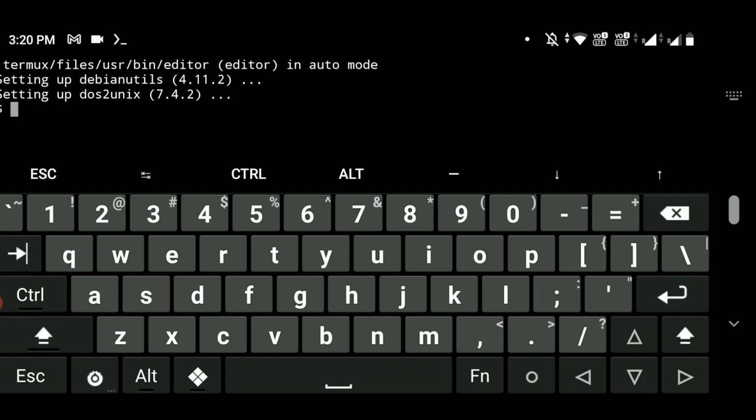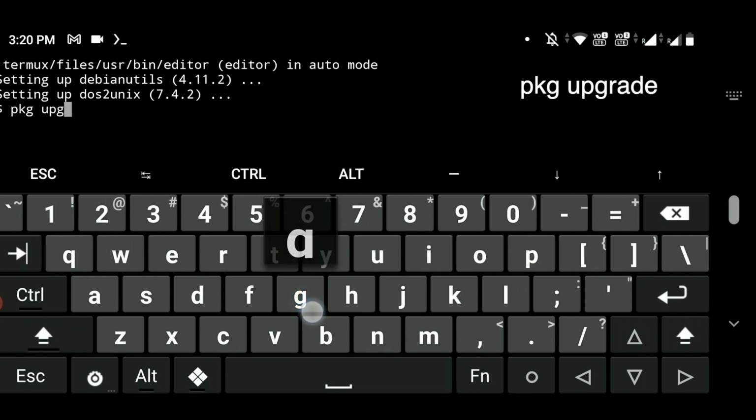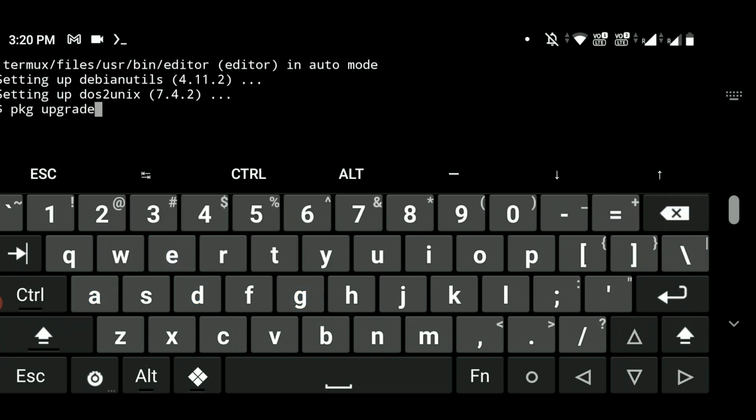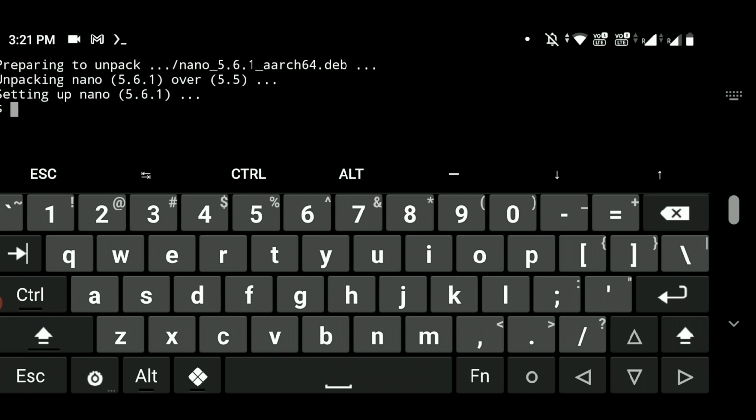Now the next command you have to run is pkg upgrade, and hit enter. Now as the update and upgrade process of Termux is completed, let's jump to installing Sudoku.